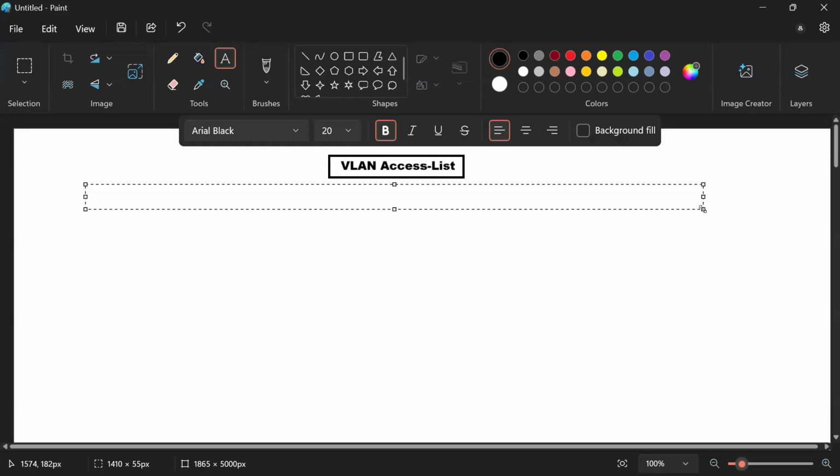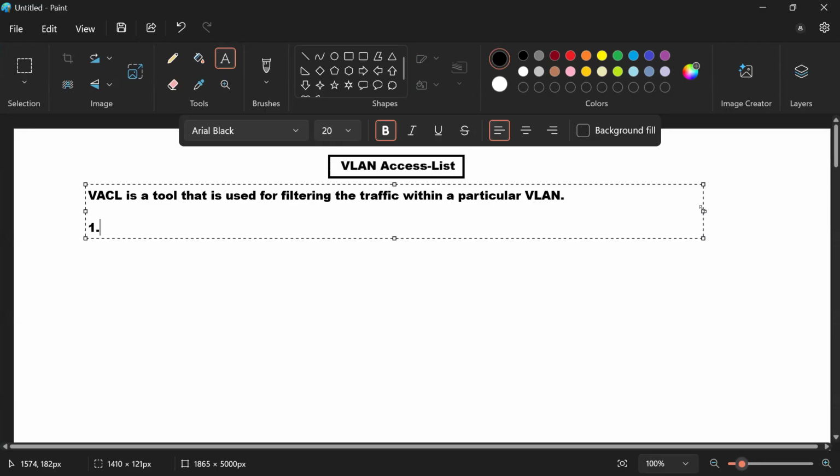VLAN access list or VACL is a tool, like an access list, used for filtering the traffic within a particular VLAN. Within a particular VLAN, you want to filter the traffic. Now, how do you apply this VLAN access list? Okay. So number one, you say